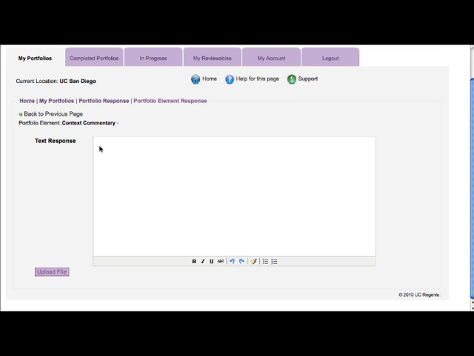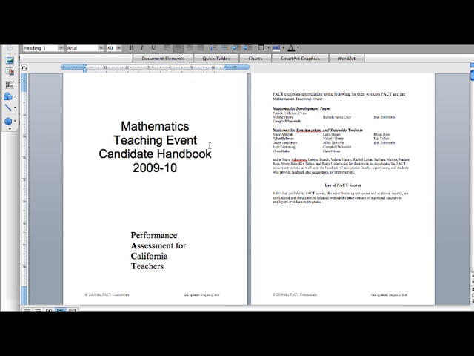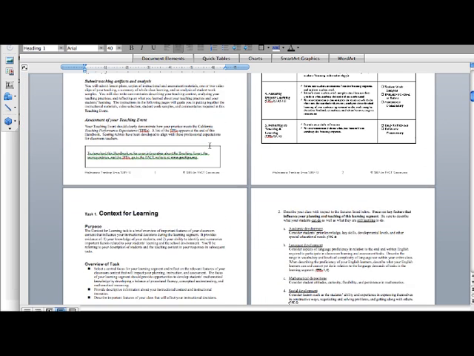So let's leave the online portfolio for just a few minutes and look at what we'll be saying in this context commentary. So here's the handbook that we'll be working on. This one's the mathematics handbook. And as I go to the context form,